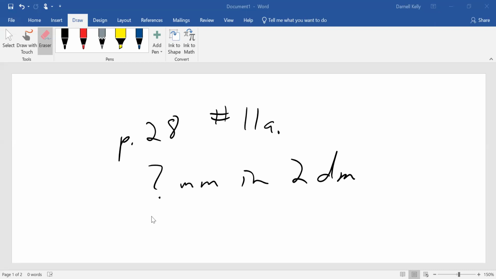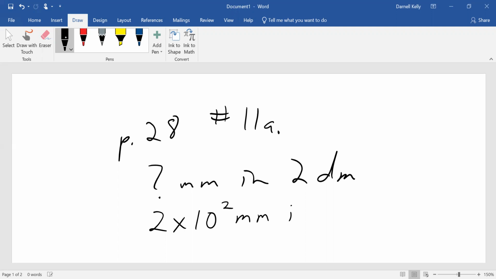So we take the given number here, 2 times 10 to some power. So we have to determine, based on the direction that we're counting, if the power of 10 will be positive or negative. Okay, so locating millimeter, we see that there are 2 powers of 10 that separate the milli from the deci, and that's deci, not deca, because decameter would be capital D, as we can see on our charts. So that's 2 times 10 to the second